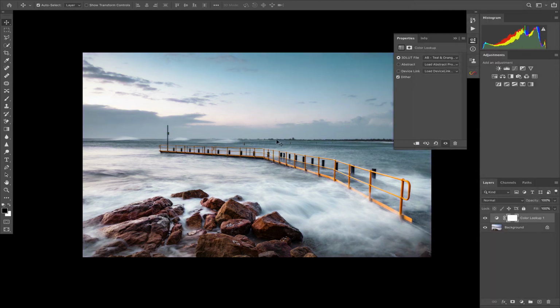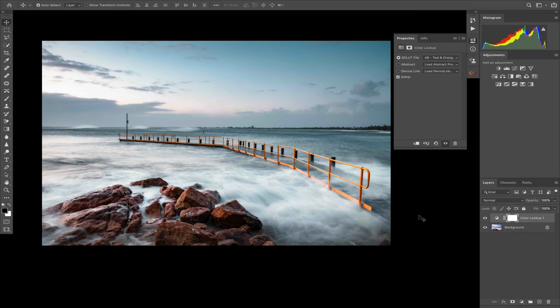Let's go to teal and orange, and you can see it gets rid of all that purple, but it's still too strong. So what I like to do is I'll just drop the opacity back on that. Something along those lines is good. It's taken a lot of that purple out of the sky and the water, and then I'll duplicate that, change the blend mode of the top one to screen,